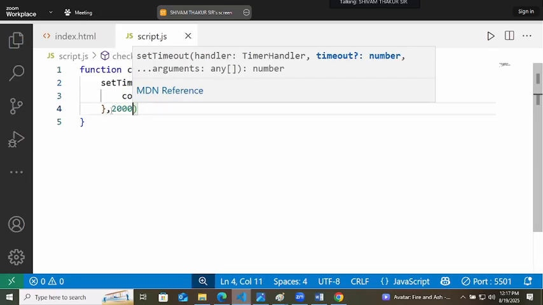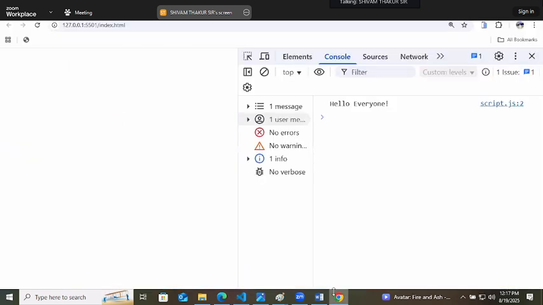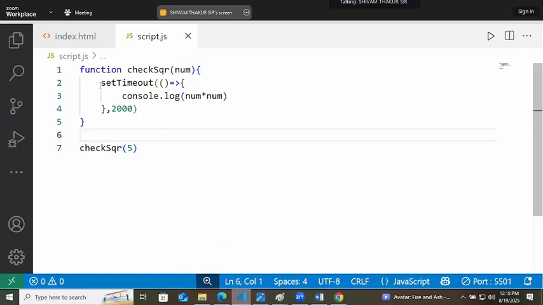After 2 seconds, call this checkSquare function and check the square of 5. So after 2 seconds, it should say 25. It is saying 25. Yes, that is a callback function because it is getting called after some time.